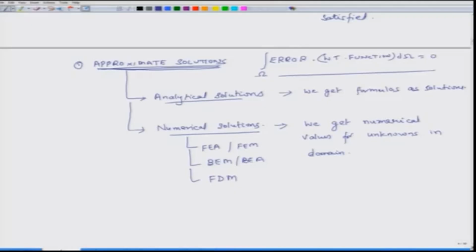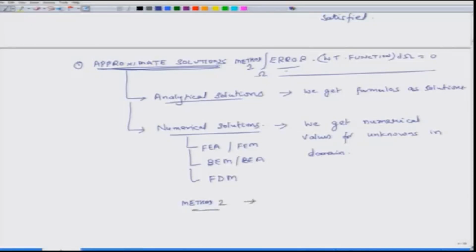We will learn what this weighted integral is later, so you have to be patient. So this is method 1. The other method,